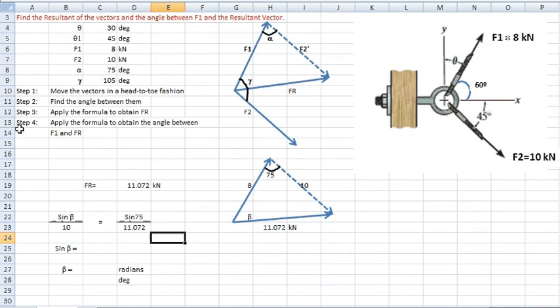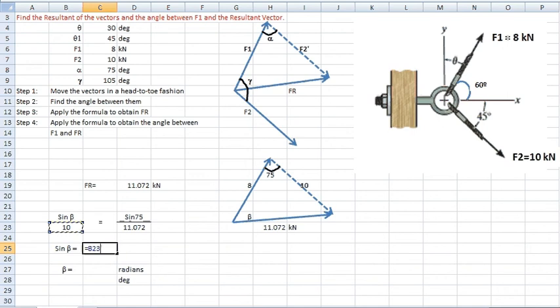Now, in order to find the solution to the second part of the problem, which is finding the angle between F1 and the resultant, we apply the sine rule, which simply says sine of beta divided by the side opposite to it, 10, is equal to sine of 75, this angle, divided by the side opposite to it, which is 11.072. Okay? So now just rearranging it, we have